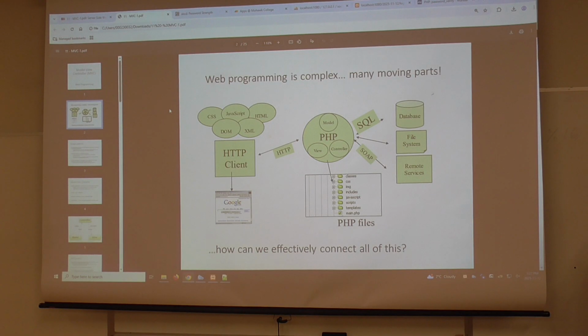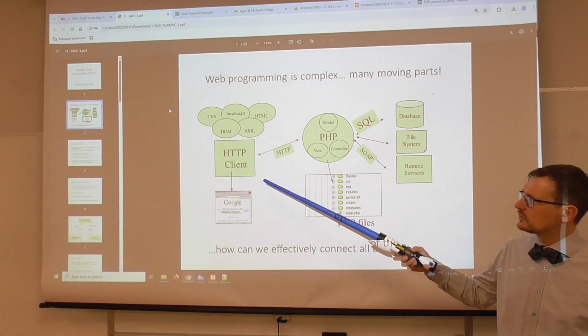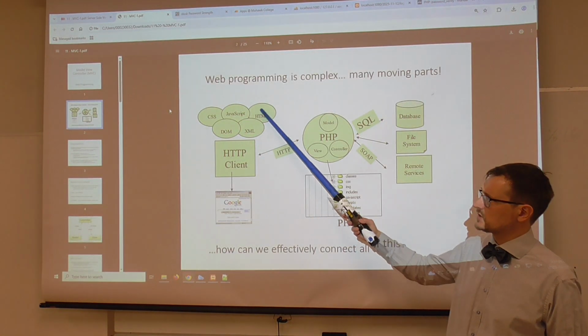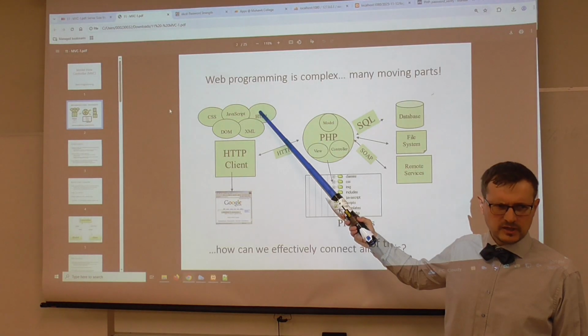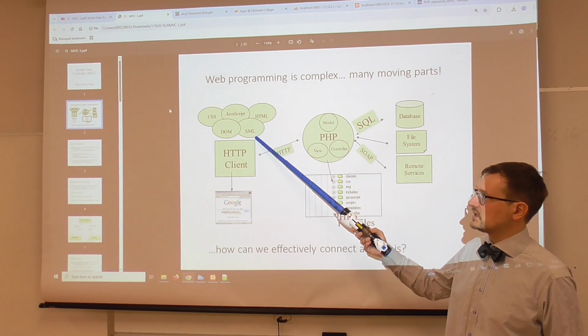Web development is very complex, right? Even the web stack that we've been talking about so far is fairly complex. Just on the client side, we have to worry about CSS, JavaScript, and HTML. But we also need to know how DOM manipulation works, and occasionally XML.